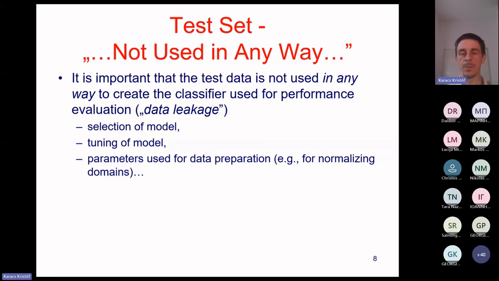If you happen to use your test set for any of these steps in any way, then data leakage already occurs. So you better lock your test set. If you have access to your test set when you start training, you better try to lock it away somehow in a safe, for example. I mean, I'm talking figuratively, of course, but